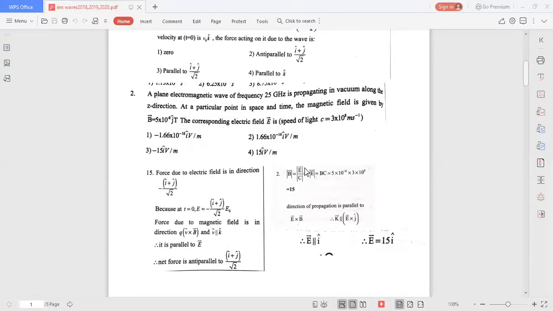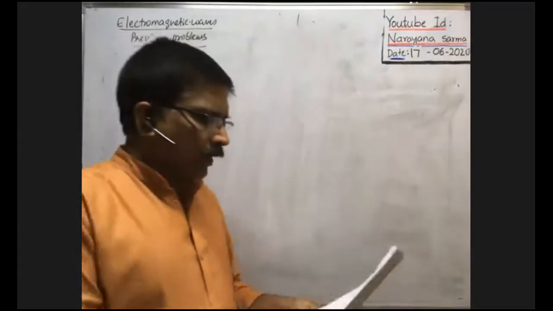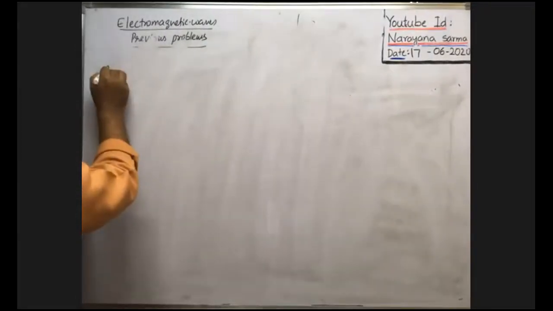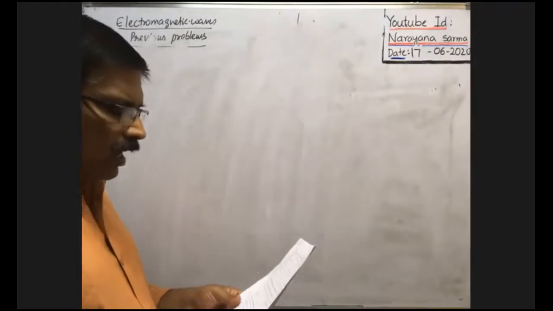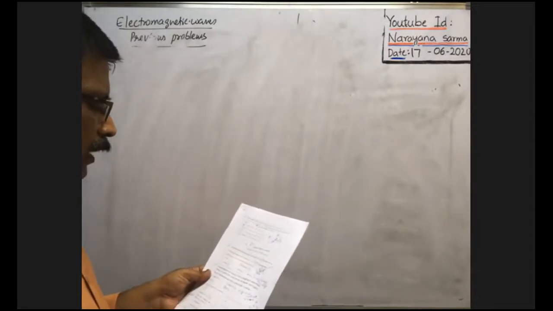Now, okay, all of you look at the board now. Now, a plane electromagnetic wave. Second problem in your assignment. A plane electromagnetic wave of frequency 25 gigahertz is propagating in vacuum along the z direction. At a particular point in space and time, the magnetic field is given by